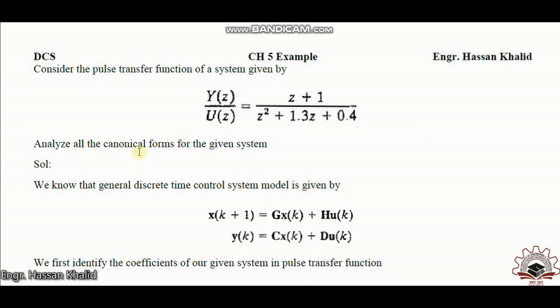Now we know that the general discrete time control system model is given by this equation: x(k plus 1) is equal to G x(k) plus H u(k), and y(k) equals C x(k) plus D u(k). We need to find the values of G, H, C and D. Now first of all,